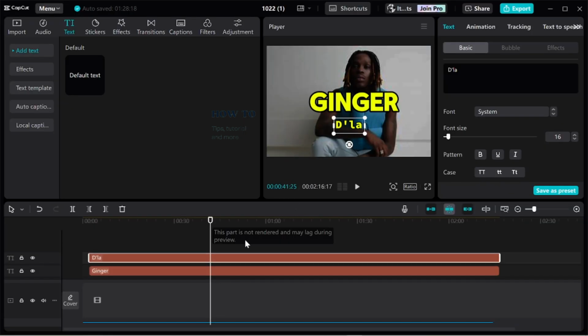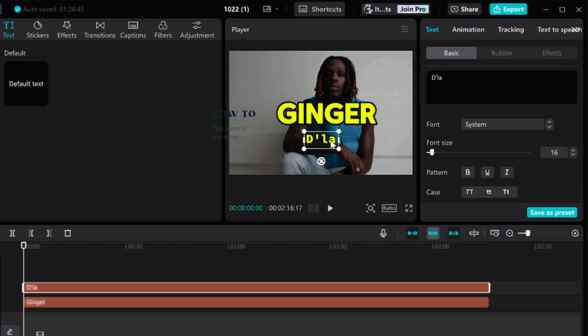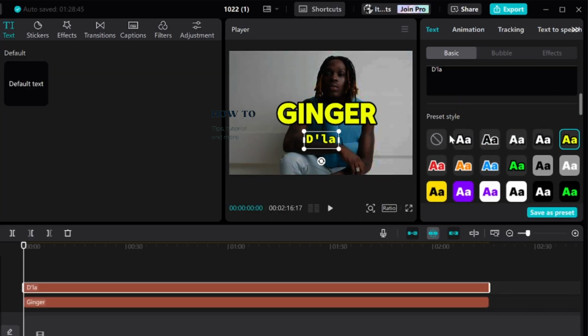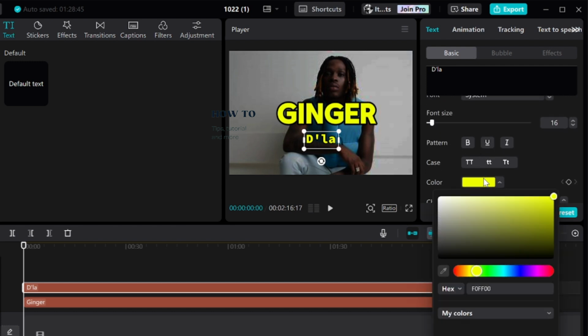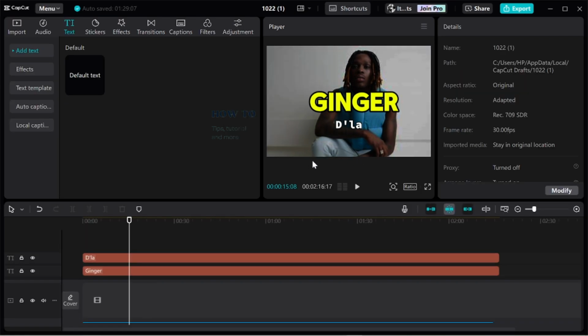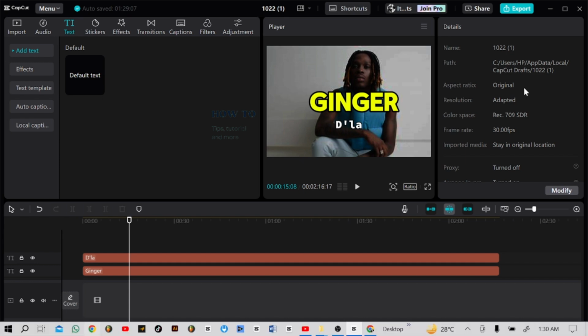So the next thing I need to do, I want to change this one to white. So you can come here, you see this color area, you click on this place. There are colors here, like the previous colors I've used, or you can just choose manually from here like this, but I'll just select this white. Okay, you can add every other thing you need to add. If you have Beastars, I'll just drag it into